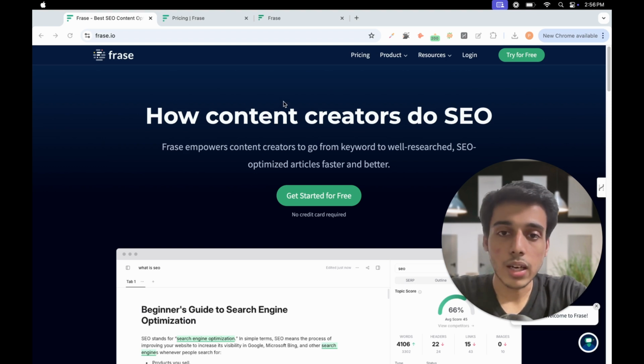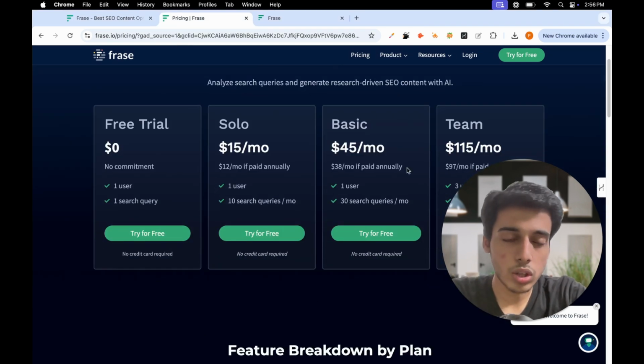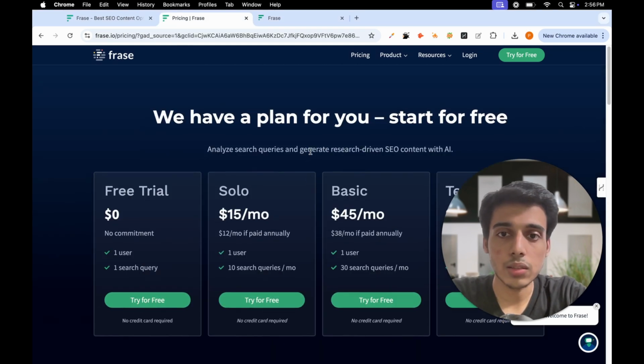Alright, so the tool that I'm actually using is Phrase.io, which is an affordable AI content writer tool. Now, it's a very close competitor to Surfer SEO. मुझे इसका टीम प्लान around $60 का पड़ा, which normally costs around $115 a month, but I used some discount